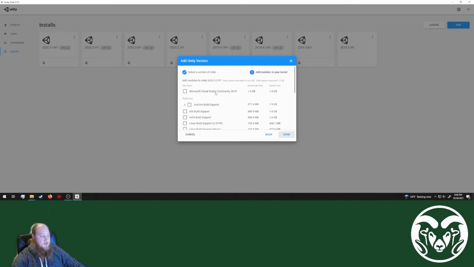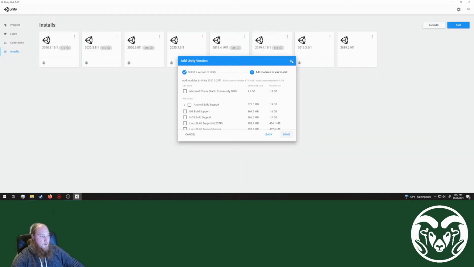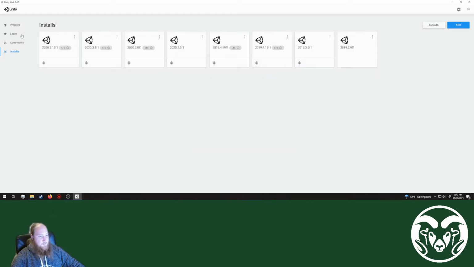This is the integrated development environment that Unity will automatically open up whenever you are scripting and creating C# components. If you have a different IDE that you prefer, you can manually link that in Unity as well. For now, though, I do recommend just installing Microsoft Visual Studio Community. From here, then,